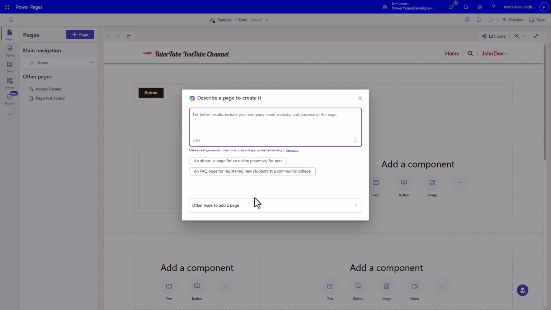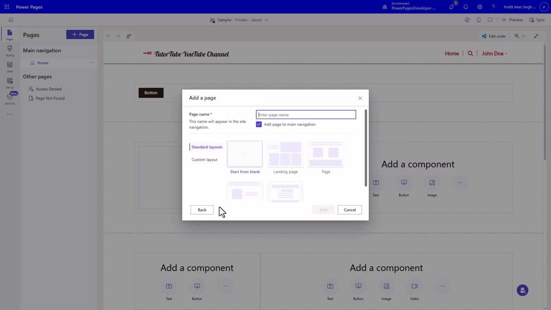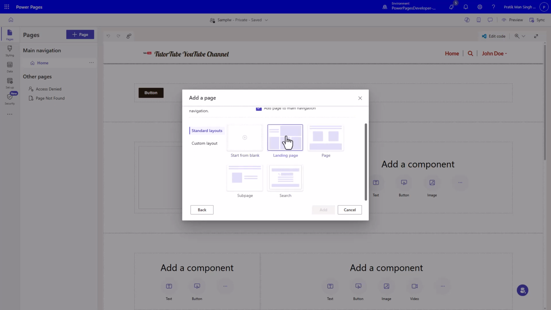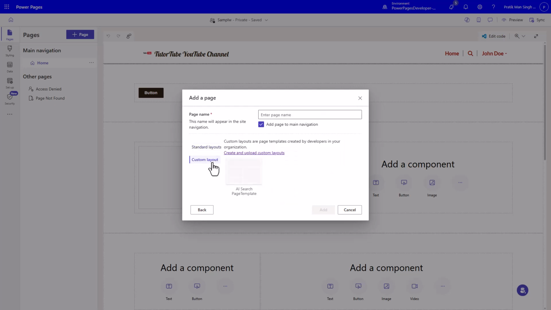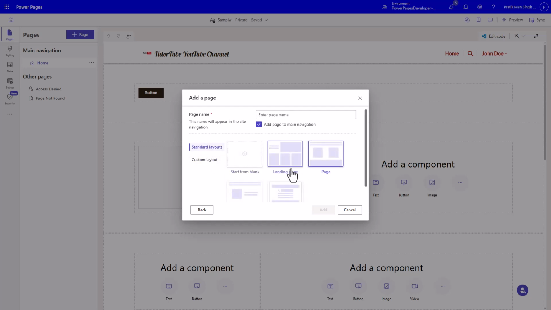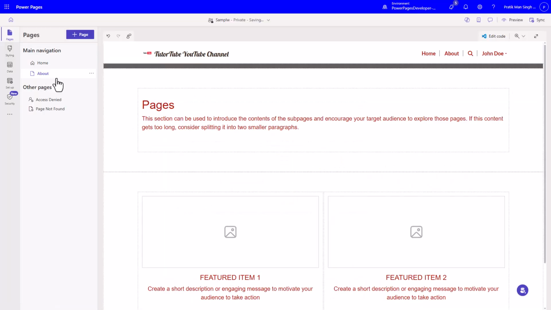So it says describe a page to create it, but I'm just going to go for the other way, and then I'm simply going to use, let's say, a landing page or a page right here. I can choose a page type, standard layout, or if you have a custom layout, you can access it over here as well. In my case, I don't, so I'm just going to go for standard layout, select page, and I'm going to add in About right here, just like this. Click on add, and the about page is added, and the link is added over here on the site header